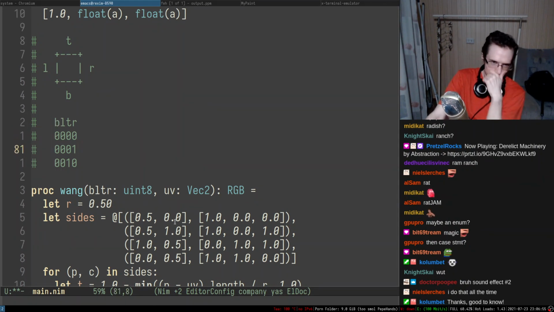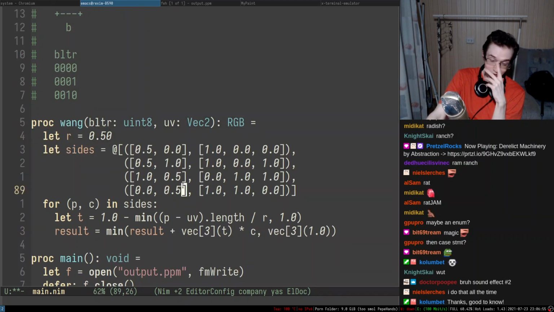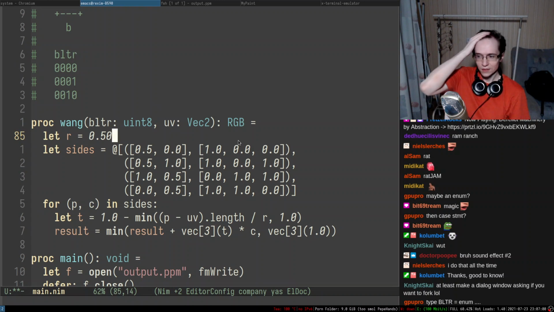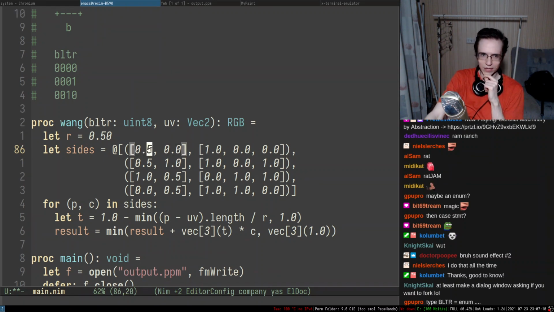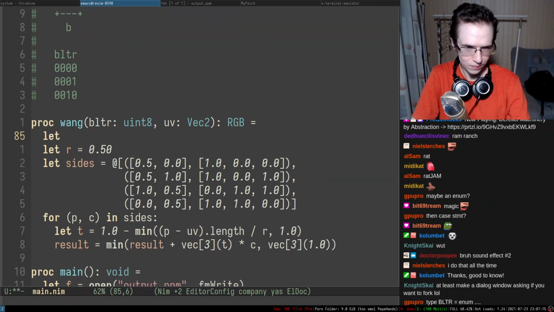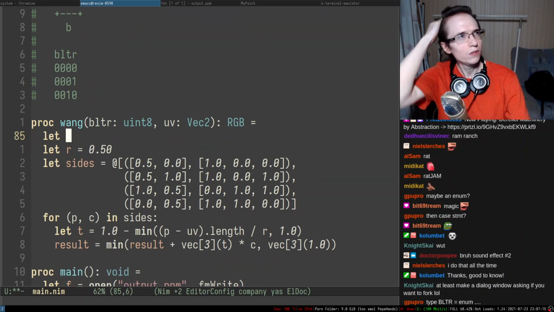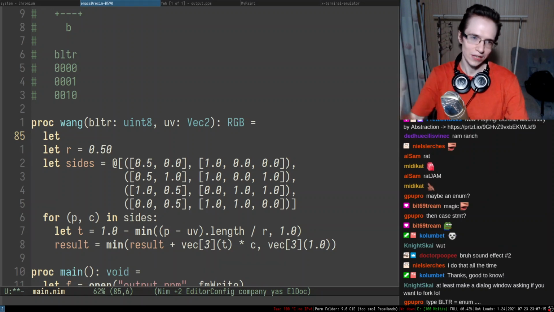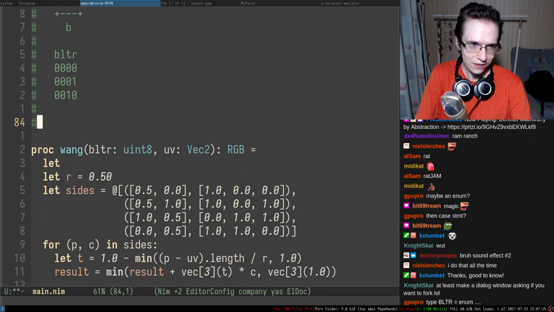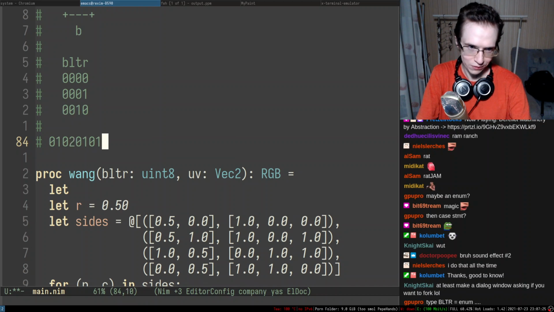Okay, so BLTR. So we accept BLTR in here. And this is right. So I suppose we'll have to store these side points somewhere, right? So, since it's a BLTR, it actually also depends on how we iterate through this entire thing. If we're gonna be iterating it starting from the right side, the bit masks are way easier to iterate starting from the right. So we have something like this.